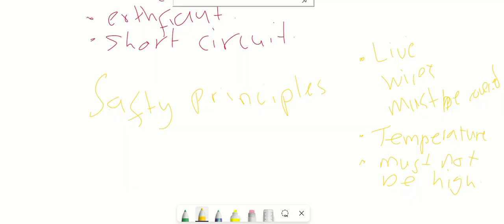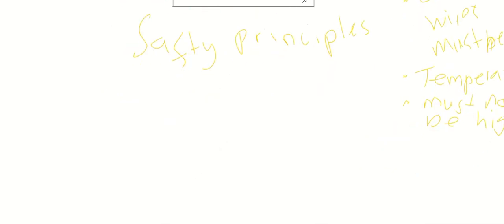bus bars. Okay, so where the distribution box may not be mounted: the distribution box must not be put in a wet area.